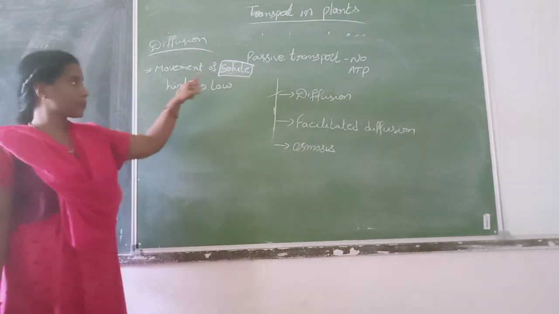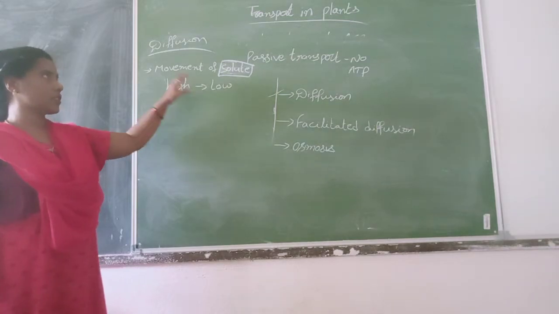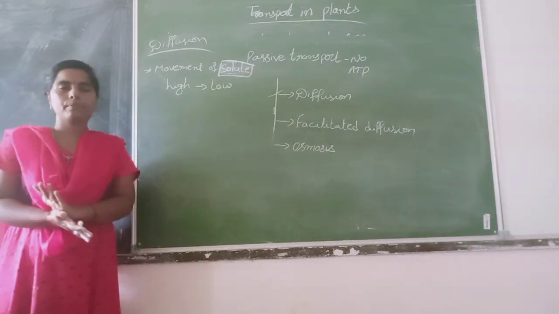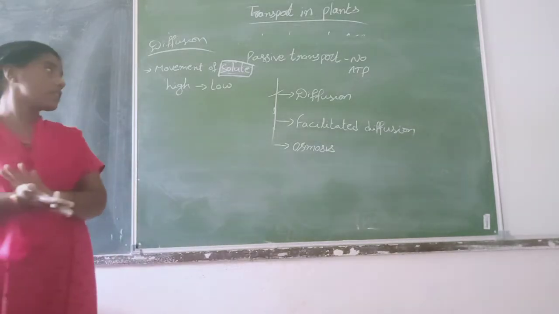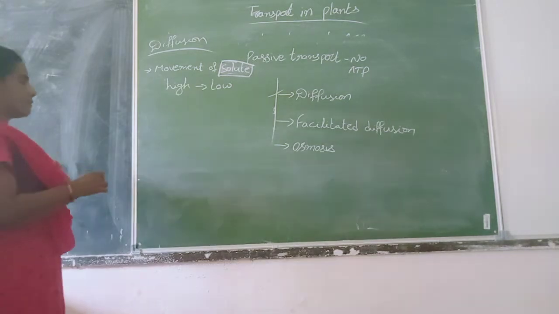Solute particles are moving from higher concentration to lower concentration. So simply we can say diffusion is the movement of solute particles from high concentration to low concentration. For example,